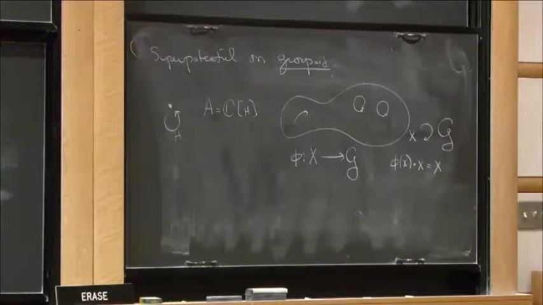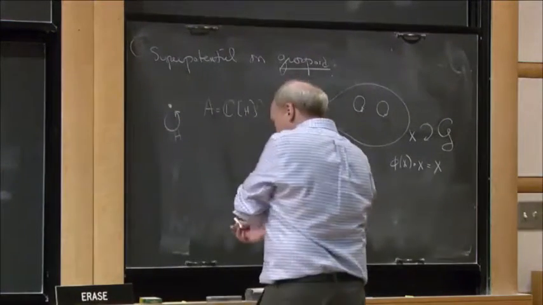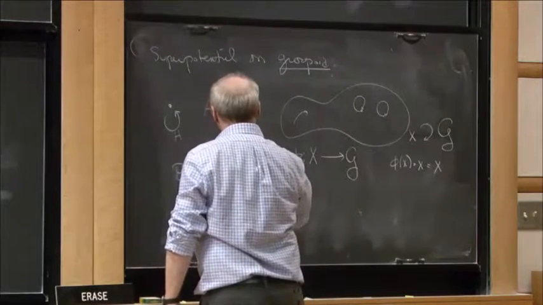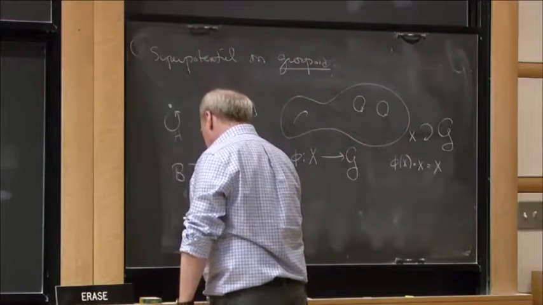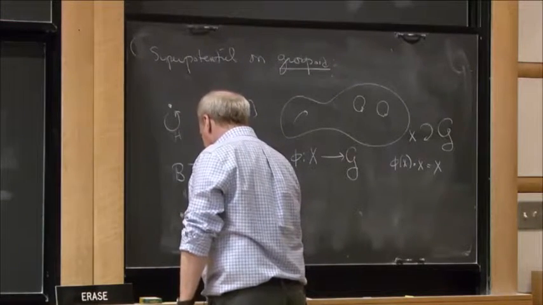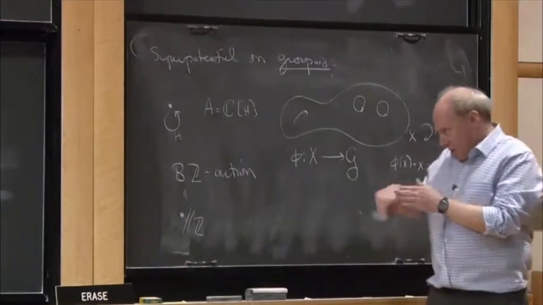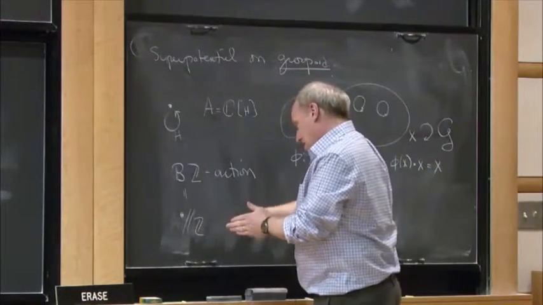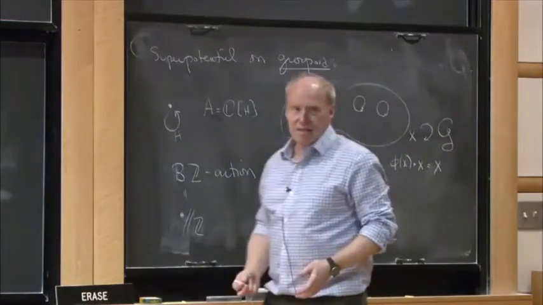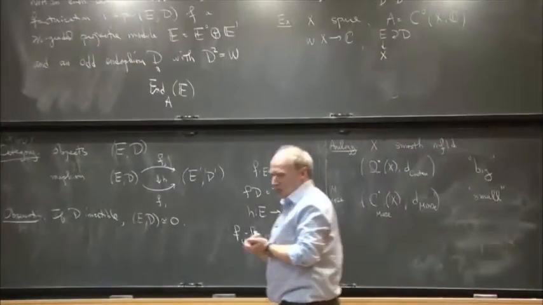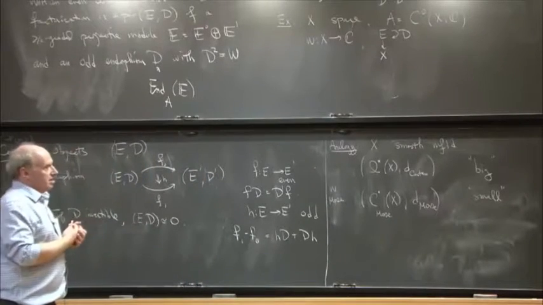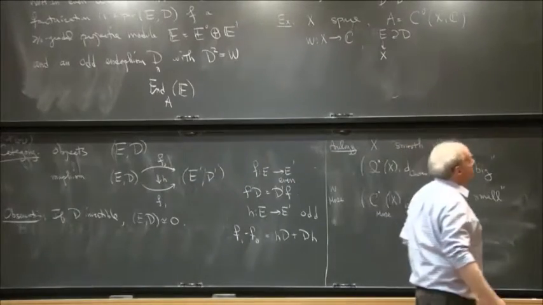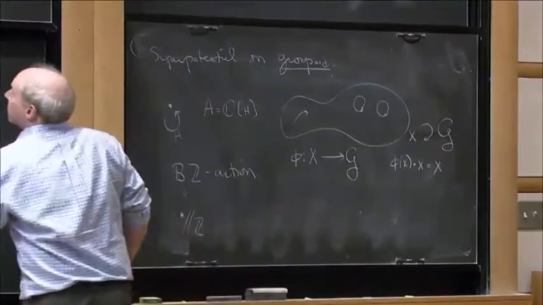So an automorphism of the identity functor, let me just connect that with the circle action, is really what's called a BZ action, where BZ here means a rigid model. It means point mod Z. So it means you have a single point with Z's worth of automorphisms. And the generator here, when it acts on something like this, is exactly acting as an automorphism of the identity functor. So you can think of this as a kind of BZ action. And, okay. Well, a BZ action